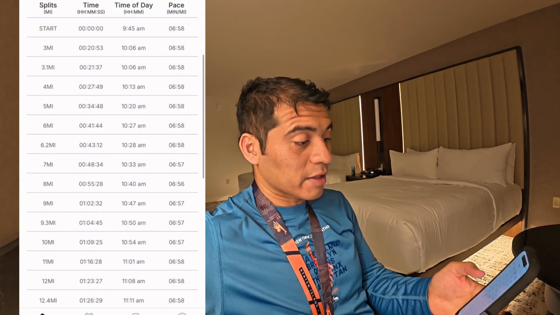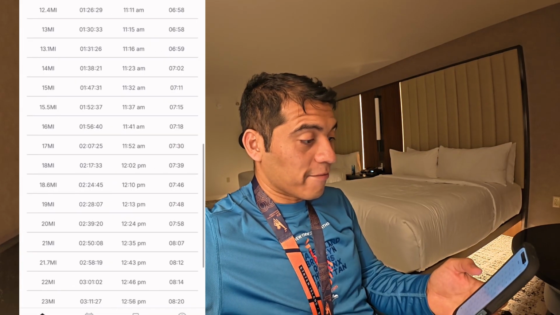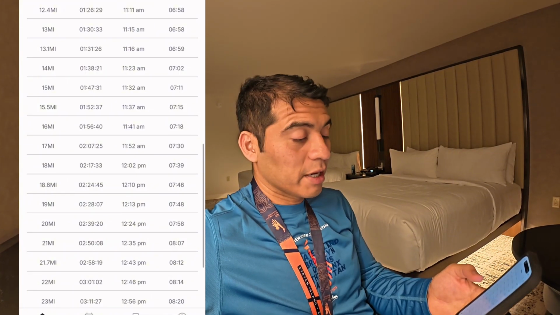Although actually, they don't even say it. So around 3 miles is where they start to get that average pace here, and it stays consistent up until the half marathon point. Then at mile 14, you start to see a little bit of an uptick, and at mile 15, you see that first big jump. And when I go back to the race, that's when I cramped.